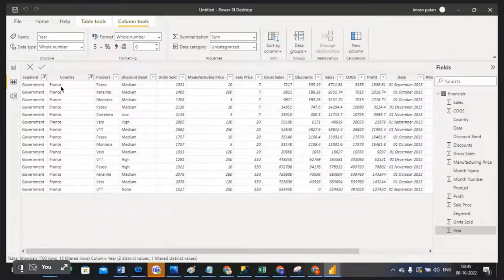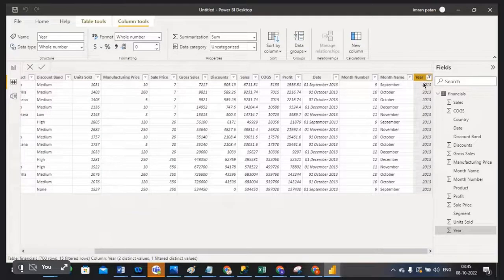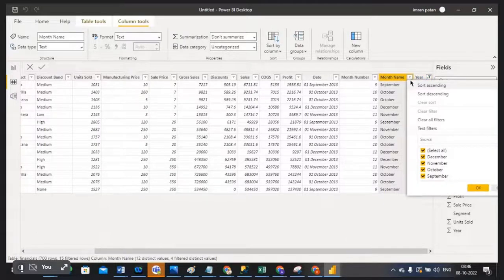segment wise I filter the records, country wise I filter the records, year wise I filter the records, so month wise also. So in 2013 I want to see January sales. So no January sales. Okay, fine. I'll check on November sales. Okay. See,